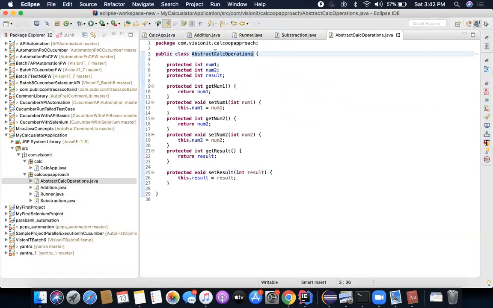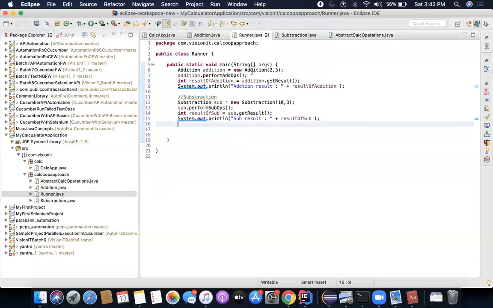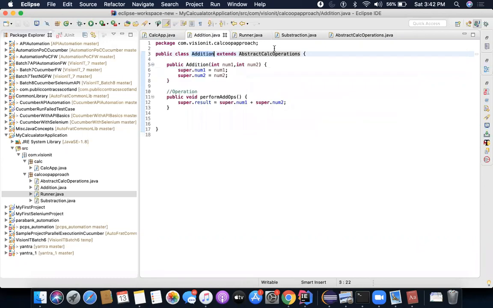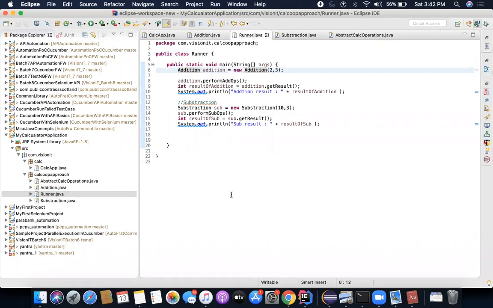Thanks, Iqbal. So now this is my class. If I go here, the first difference is, if you notice how I am creating the object. I'm creating addition, addition, and new addition like this. Now, since the parent of this addition is a super class, the way of declaring the variable or object can also be like this. So basically I can also create the object using the name of the parent. That also is something which I can do.